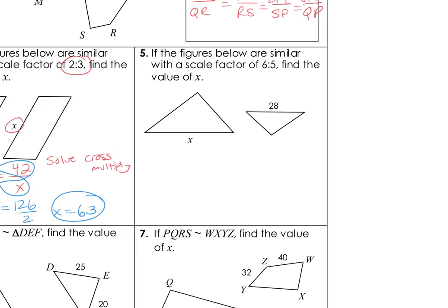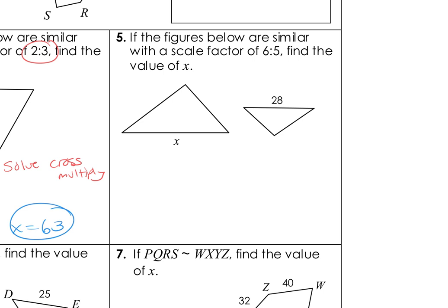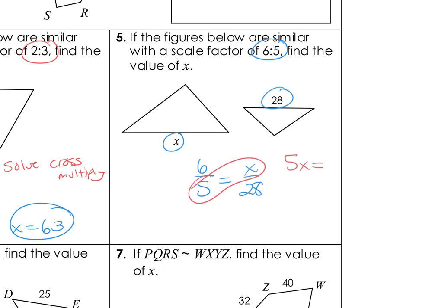So if we look at number 5, if the figures below are similar with a scale factor of 6 to 5, that is what I start out with. Find the value of x. So we're going to take x all over 28. There's my proportion. To solve this, I have to use cross multiplication. I start with that diagonal that has the variable. 5 times x is 5x. I'm going to multiply my other diagonal. 6 times 28 gets me